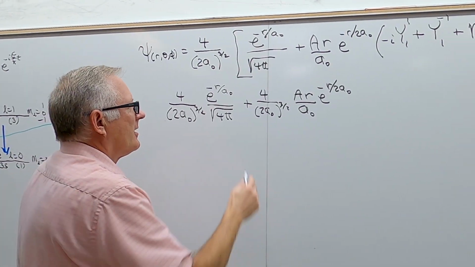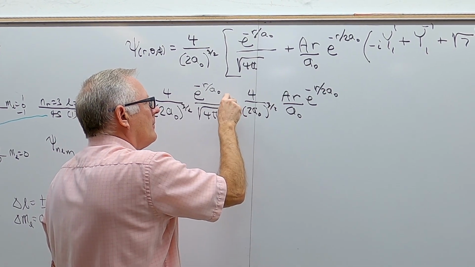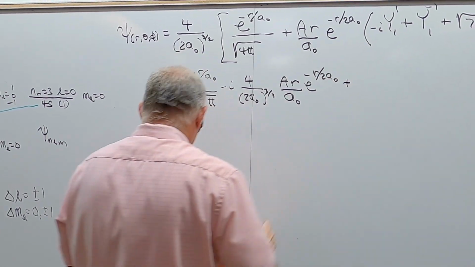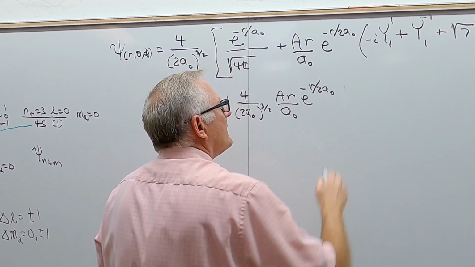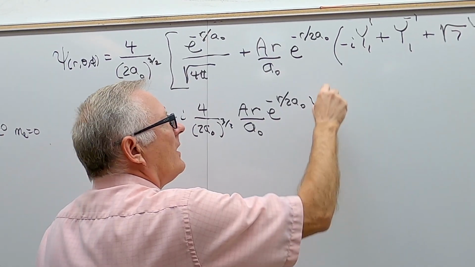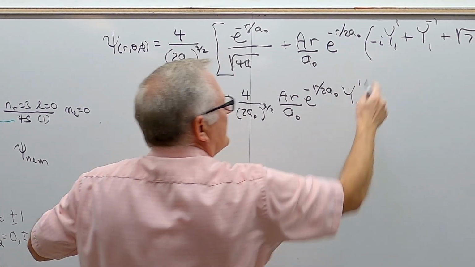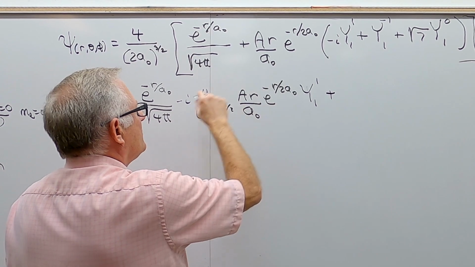So with the first term, it's going to be a minus i here, minus i, and then I'm going to get plus, Y, I still get the Y 1,1. So that's this times that, and then we also get plus all of this without the i,